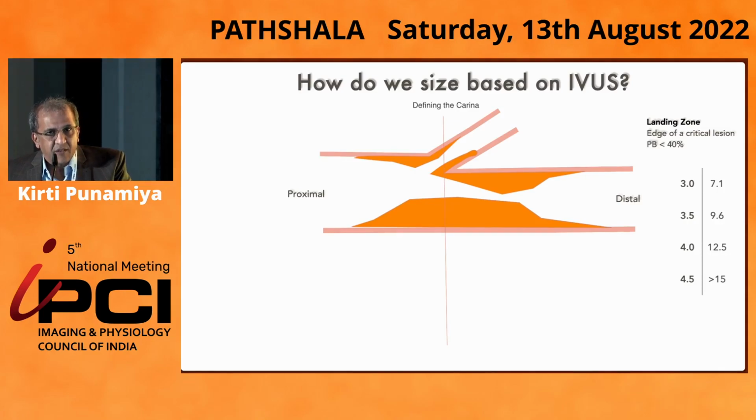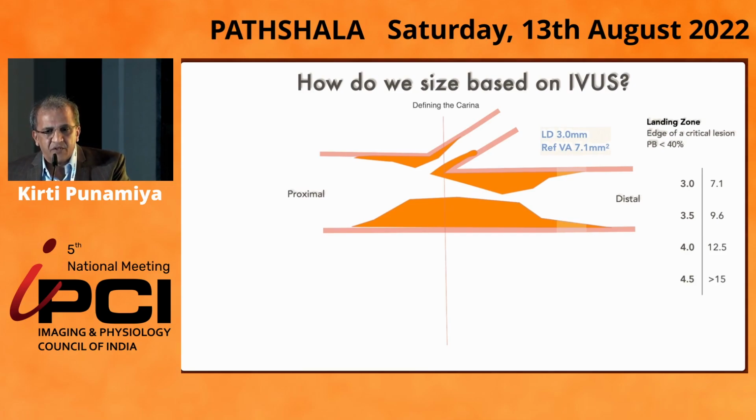How do we size on the IVUS? Just to put some basics into perspective, this is a lesion. We define our landing zones by plaque burdens of less than 40%, which is at the edge of a critical lesion. And so if you find a critical lesion, you go to the end, scroll, come back, and find an